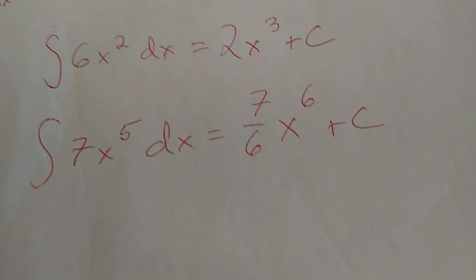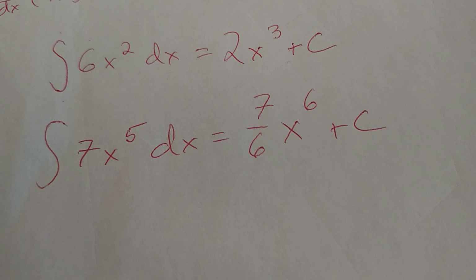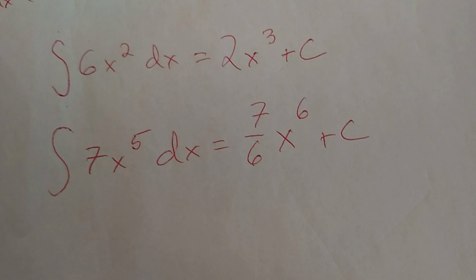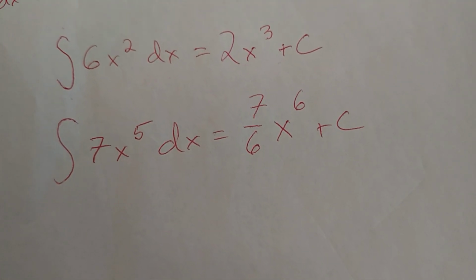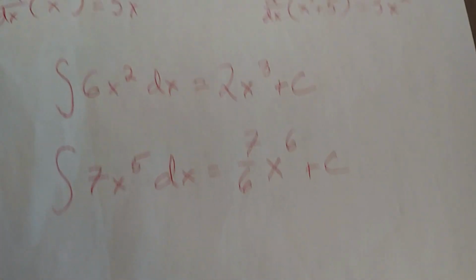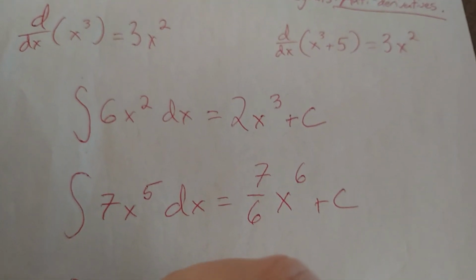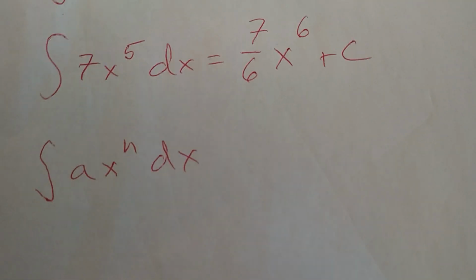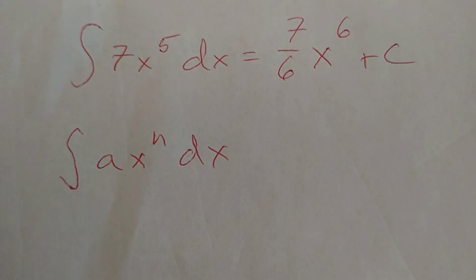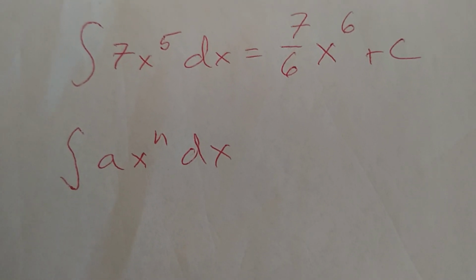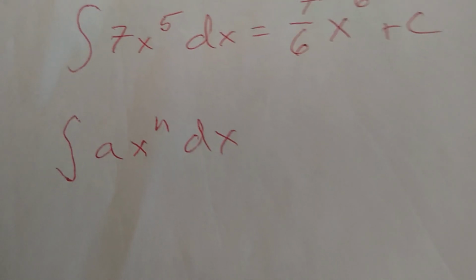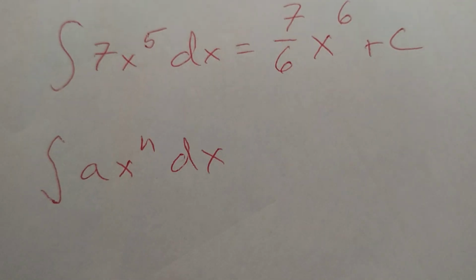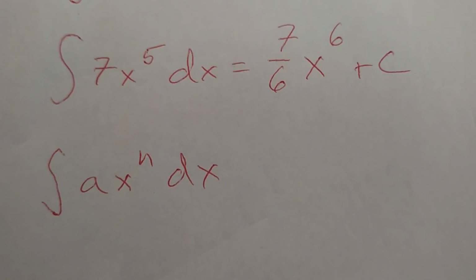Well, let's come up with a rule so we can do this faster, so we don't have to think this through every time. I call this the power rule, and I'm going to call it bump and divide. So, let's try a general one. Let's look at the integral of a x to the n dx, just some coefficient times x to a power. What this is going to be every single time is we're always going to bump the power